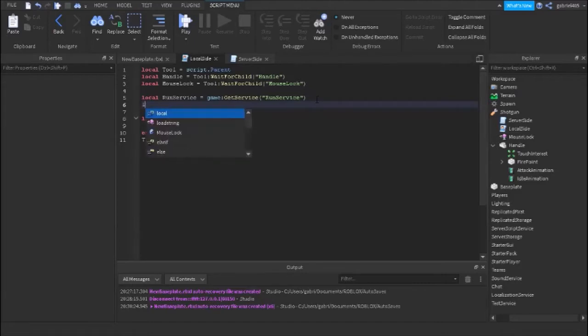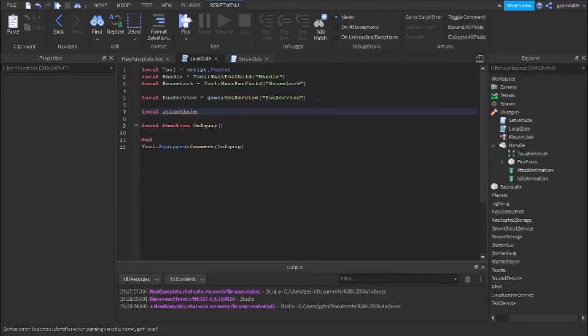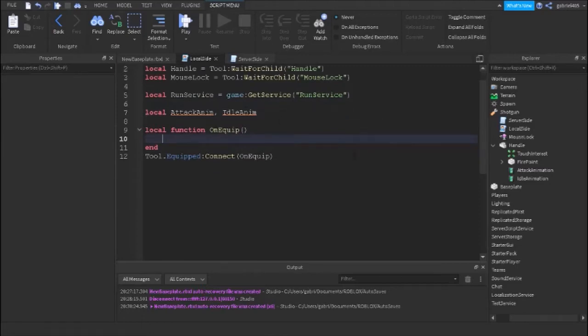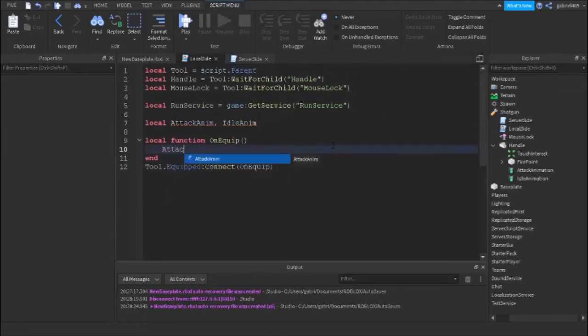We'll do right here, local attack anim, and then local idle anim, just like that. And we'll set that to nothing, so pretty much nothing. And let me zoom this in, this might help you guys out. So we'll set these to nothing, and then over here we're gonna set it to something so it's gonna stop erroring, because that's the reason why it's still erroring. There you go. And then we do attack anim equals